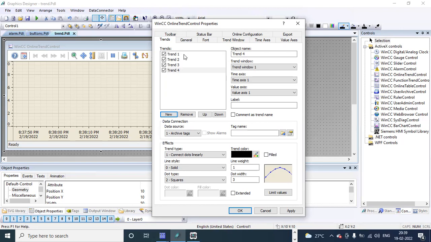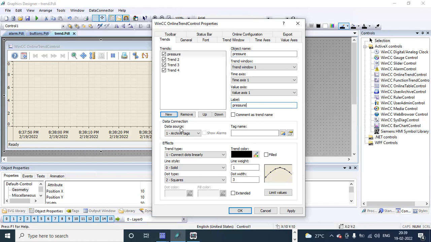For the first one, for object name, I want to display pressure. You can give the name: object name, trend window 1, time axis 1, value axis 1. If you want to give the label also, you can do the same name here. Below, we are having data connection, meaning with which data we have to acquire.